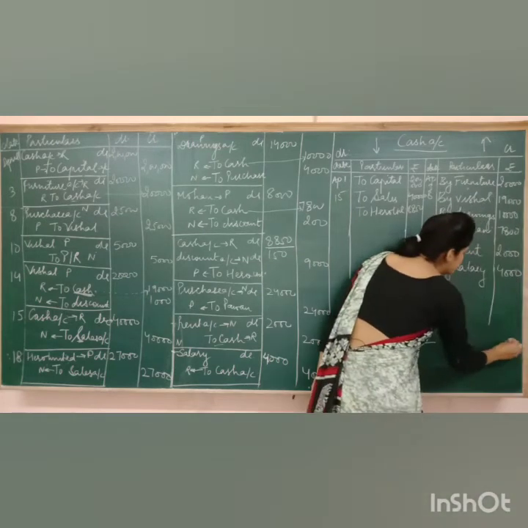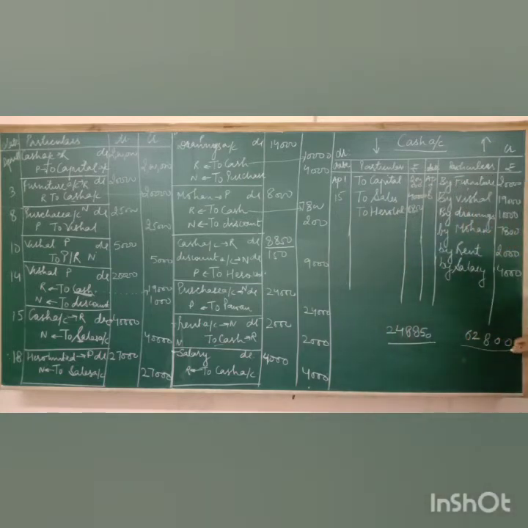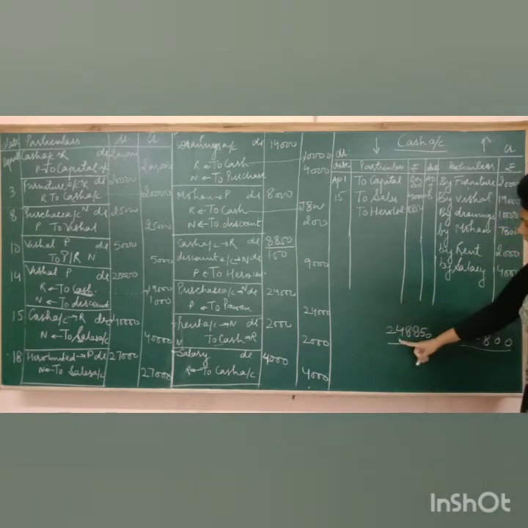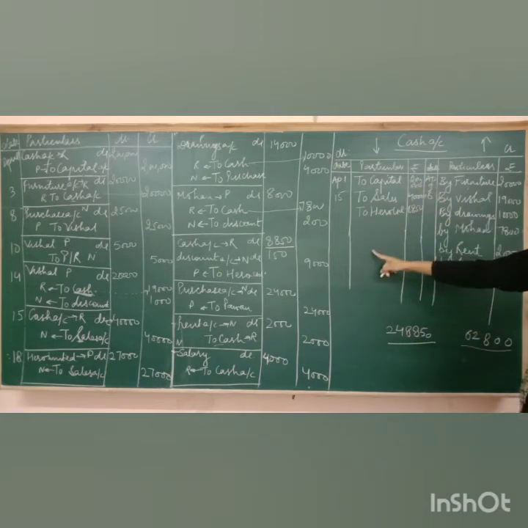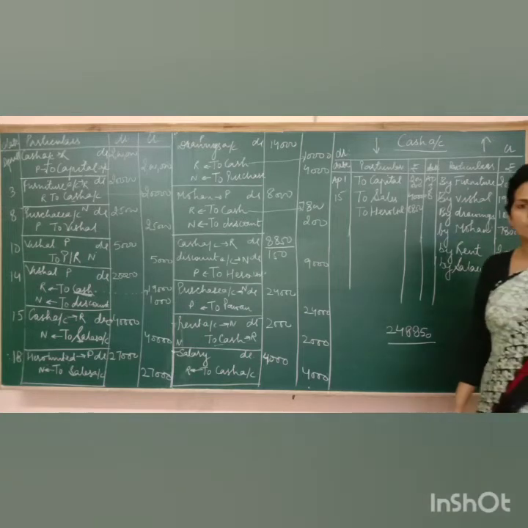near about 62,800. So is debit side equal to credit? Can you see? Here it is 2,48,000 something. Here it is 62,800 something. Now what does it mean? It means that total 2,48,850 rupees has come into the business in the form of cash and out of 2,48,850 we have spent how much? We have spent 62,800. Correct? इसका मीनिंग है इतना कैश बिजनेस में आया है एंड टोटल 62,800 हैज गॉन आउट ऑफ द बिजनेस.